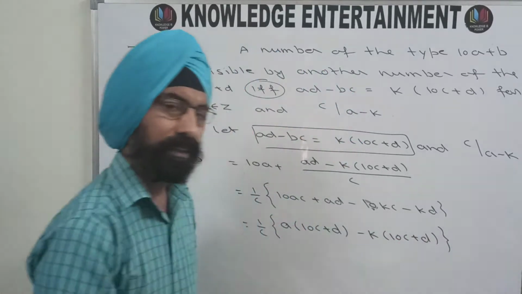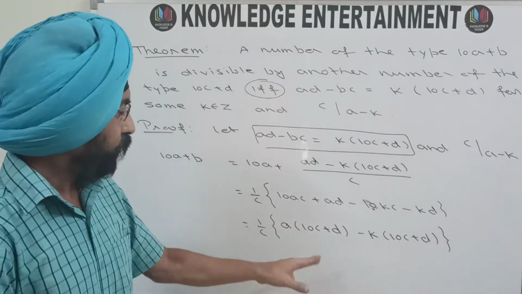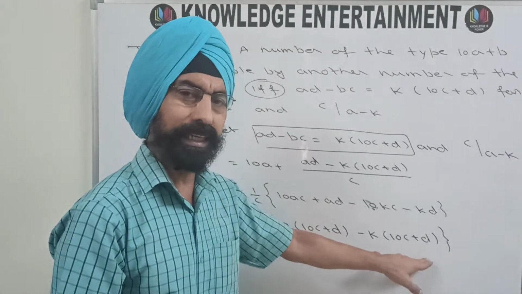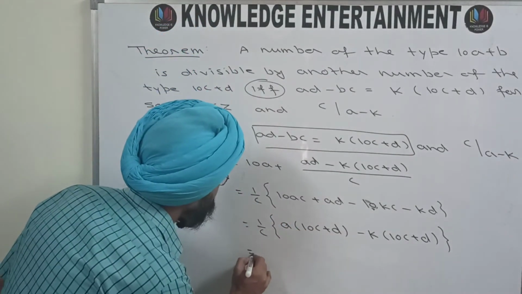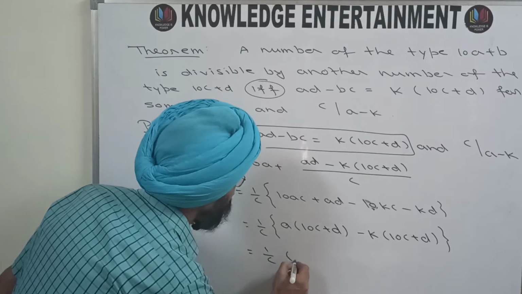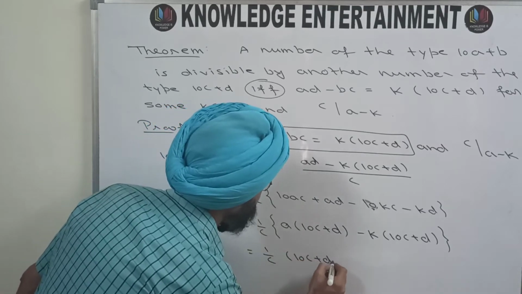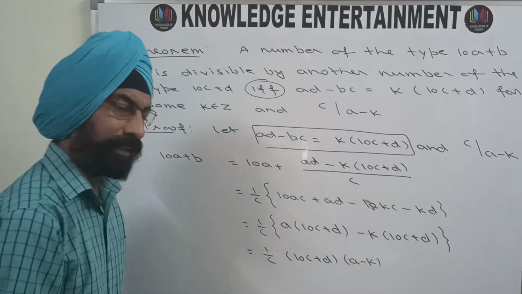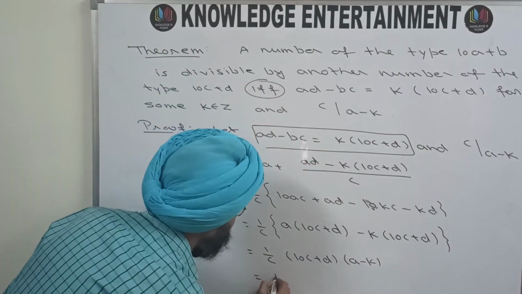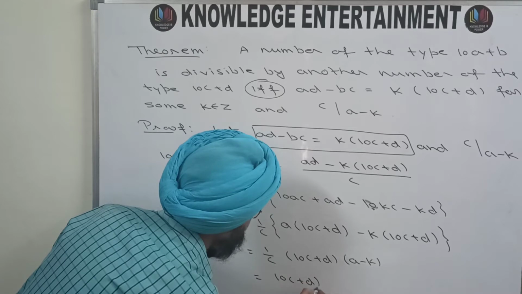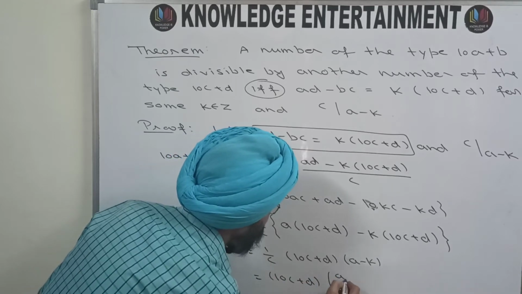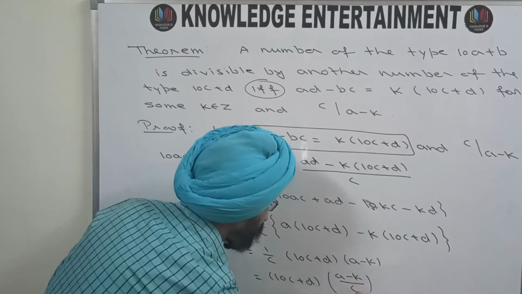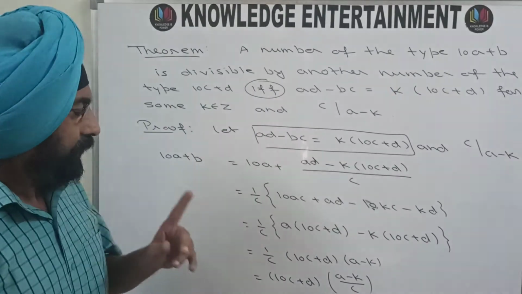And we are able to factorize it now, because tan C plus D is here, tan C plus D is here, can be taken out. So you will get 1 upon C, tan C plus D and A minus K. Now it is tan C plus D into A minus K upon C. It is of this form. Note that